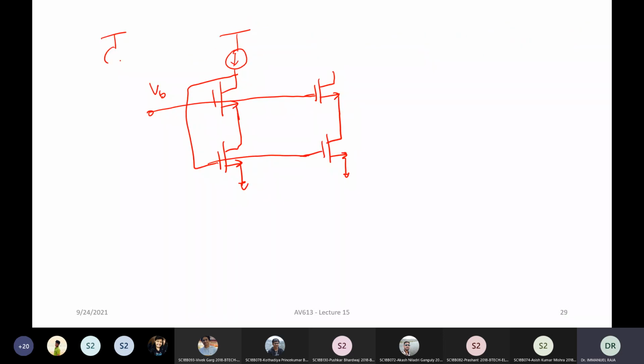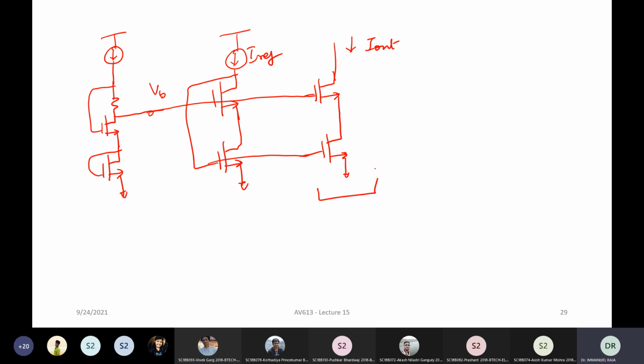The way to generate it is you put one more current source, and then you have a resistor like this, and then you have one VGS. Okay, so this is your current mirror. This is your IREF, this is your IOUT. What was not shown in the question was this last part. What was shown was, let's say this was called X. So what is happening is this is your VGS,